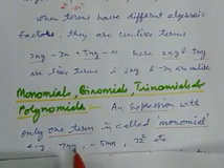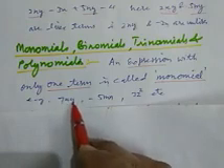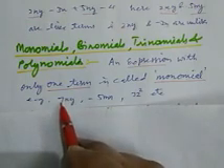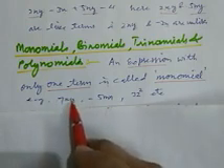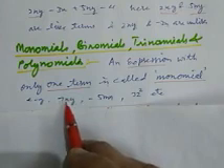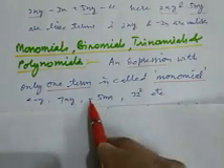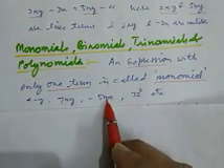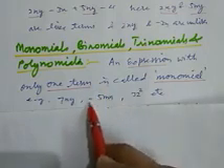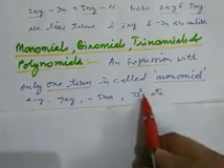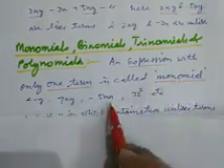Here are some examples. 7xy. Although there are two variables and one constant, they are all multiplied with each other, so combinedly they form a single term. So 7xy is a monomial. Minus 5mn. Here m into n and 5 form a combined single term. So these are monomials. 3z square is also a monomial, etc. This type of term is a monomial because it contains only a single term.